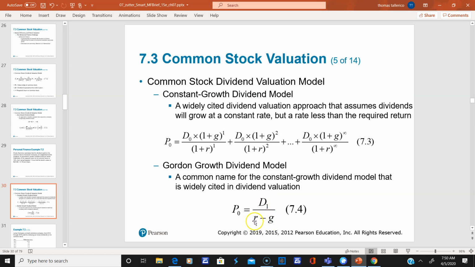What happens if the required return and the growth rate are equal? Well, now the denominator becomes 0, and your price is infinite, and that's impossible, right? And the third problem is, what happens if the growth rate is different than the required return? Then you have a negative price, and they have to pay you to take their stock. So you can clearly see there are a lot of flaws, and this is just a theoretical bunch of equations for valuing stock.